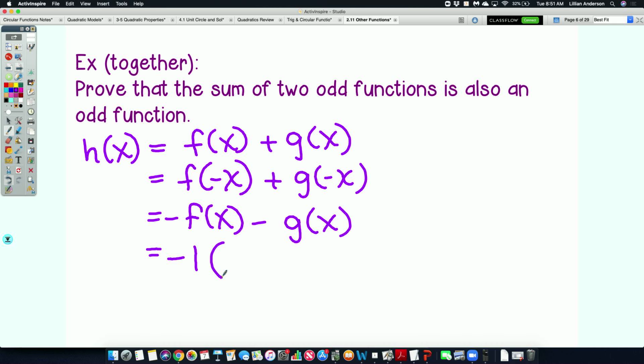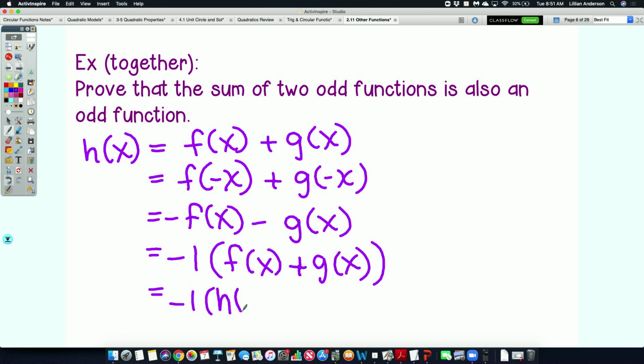When I factor out that negative 1, what does that give me? And what was f of x plus g of x? h of x. So now you have negative 1 times h of x, which is just negative h of x. Isn't that the exact opposite of the original? Therefore,